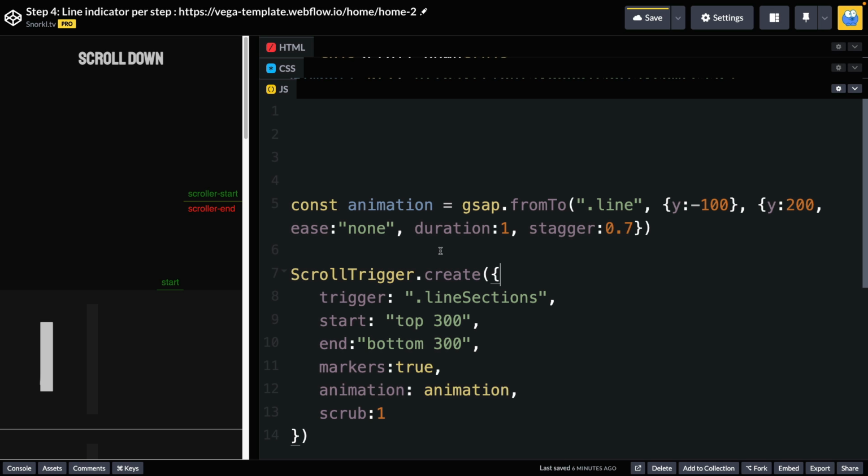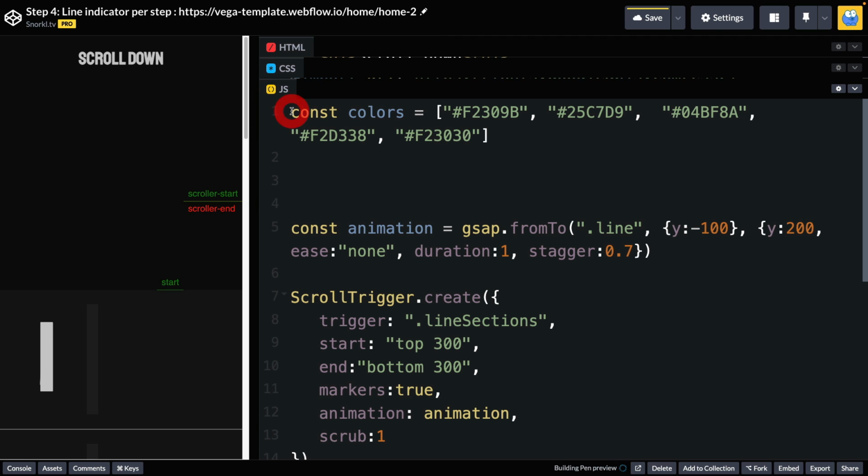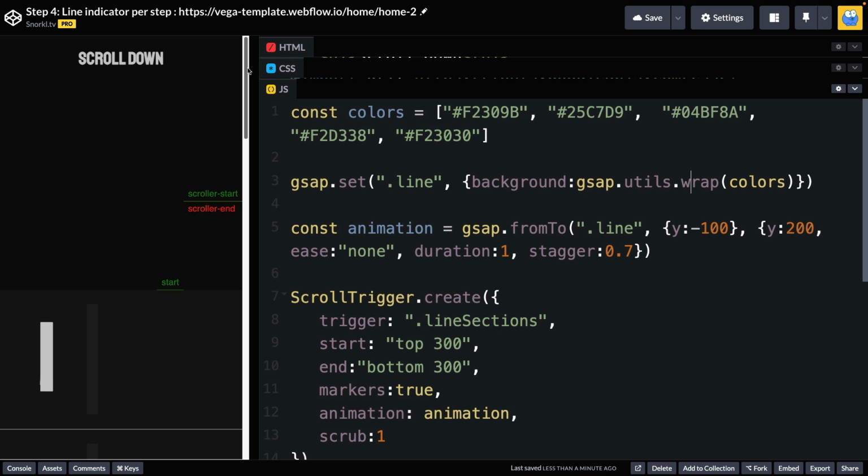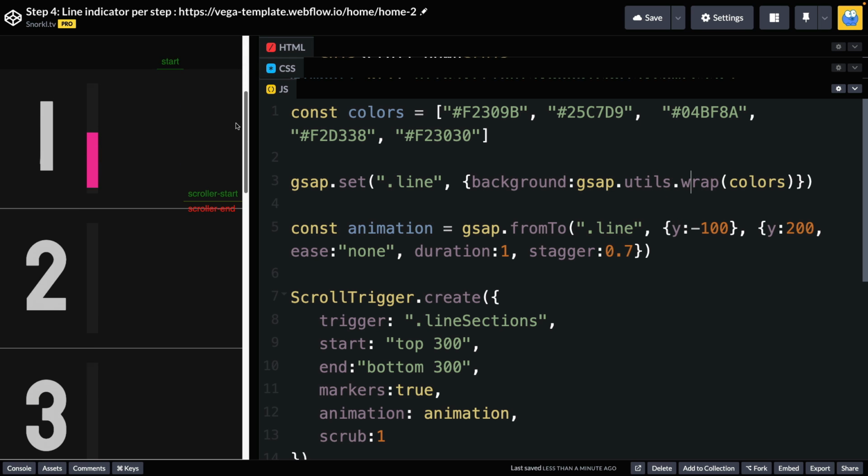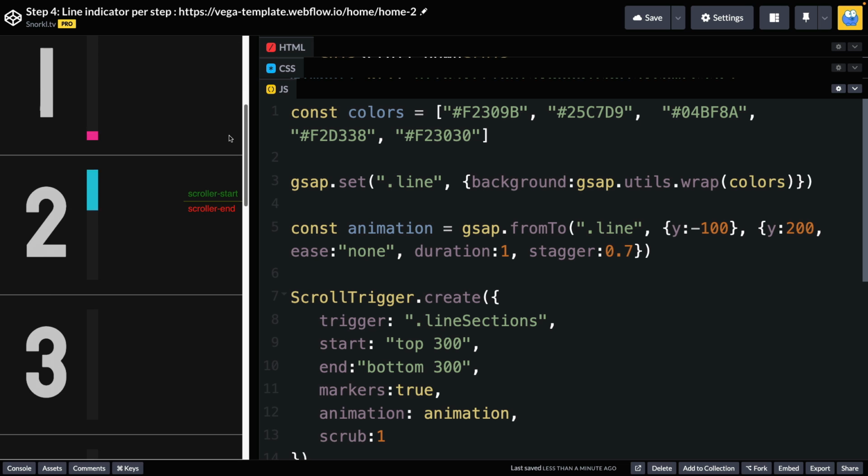And to do that, I'm going to use a trick we've used before. We're going to first set up an array of colors, and then next use a GSAP set that targets each line and changes its background color by looping through all the colors in the array because we passed it into gsap.utils.wrap. So now when I scroll down, you'll see that each section has its own color,